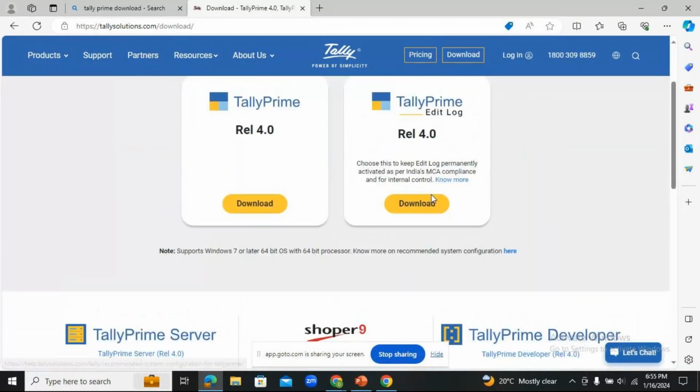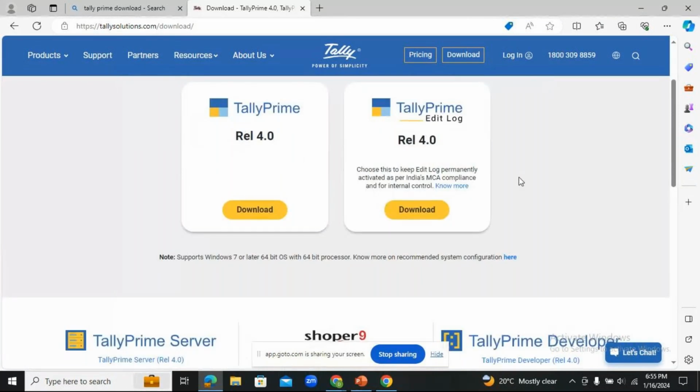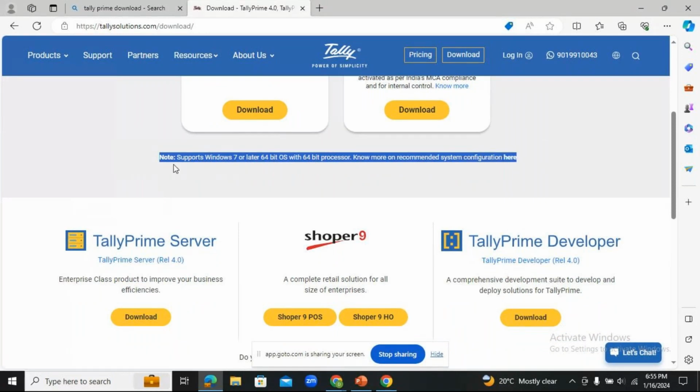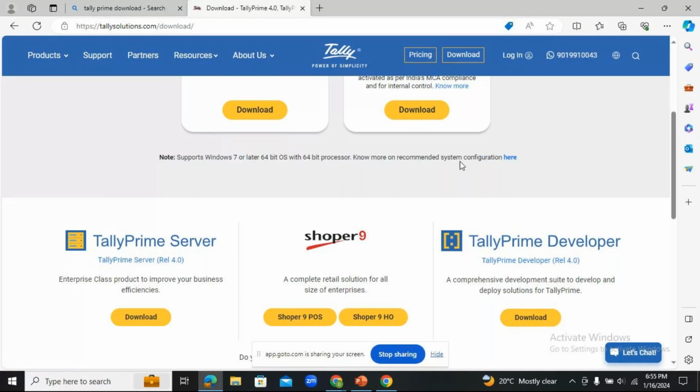Now, if you just scroll, you can see there is a small note here which I'm highlighting. It says it supports Windows 7 or later, 64-bit OS with 64-bit processor, with more on the recommended system configuration given in hyperlink format. I'll repeat it for those who have not got it.